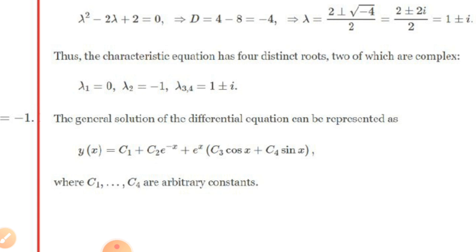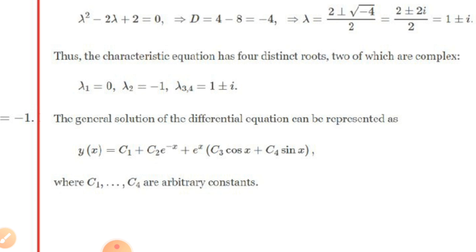So for real and distinct roots we can simply write c1 e to the power lambda x, but for complex roots we have to write c1 e to the power alpha x (cos beta x plus sin beta x). So the general solution of this differential equation will be c1 plus c2 e to the power minus x. This c1 term is coming due to the 0 root, that is lambda is 0, so e to the power 0